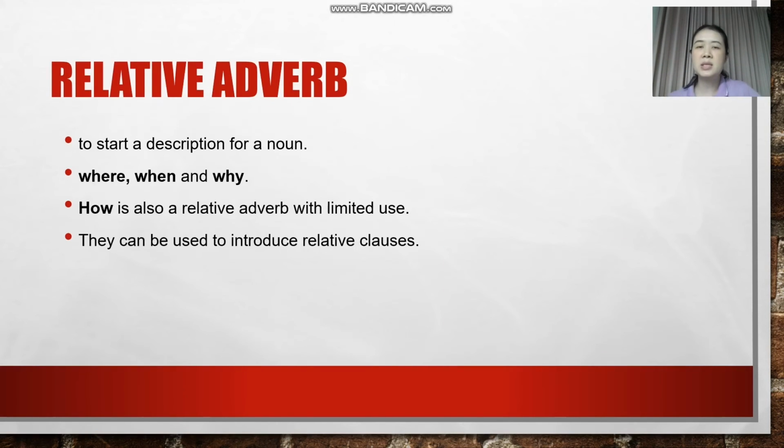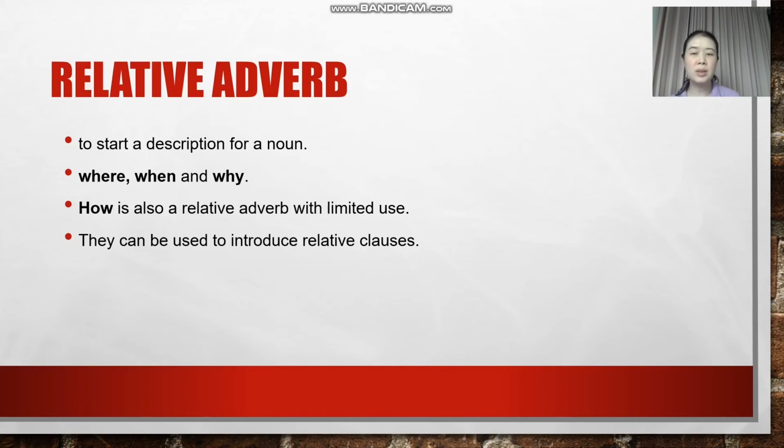Next one. This is called relative adverb. Again, we have relative pronoun. We have relative adjective that we have discussed before, right? And this is relative adverb. So you just think about the previous one that we've just discussed. That is where, when, why, and also how. But it's mentioned that how is also a relative adverb with limited use, because that will be like how to or stuff like that. But anyway, it's possible to use this for adverbs as a relative adverb, and they are used in order to